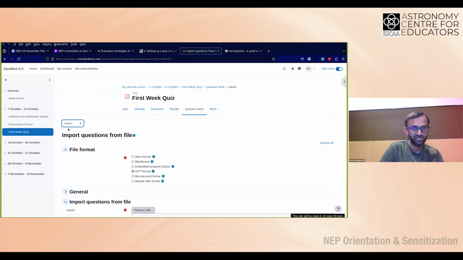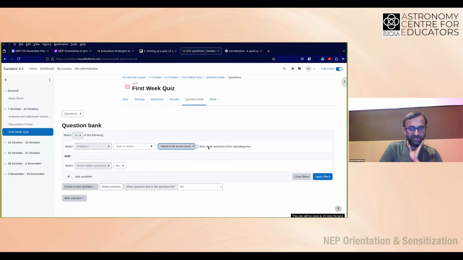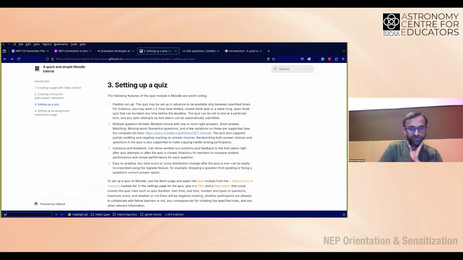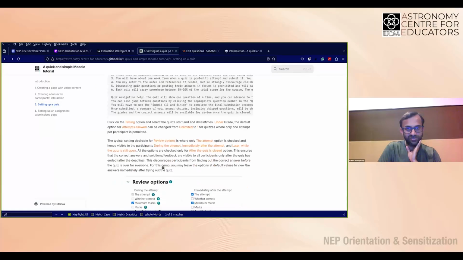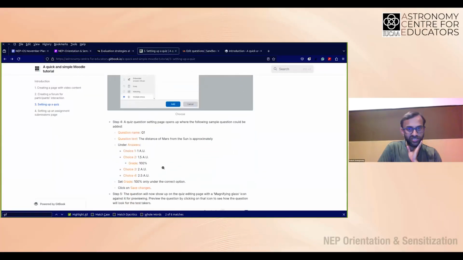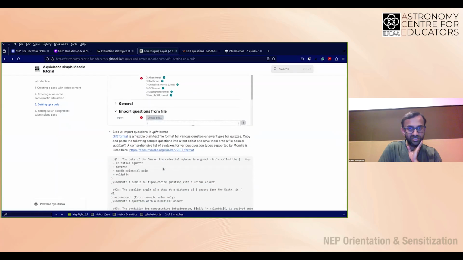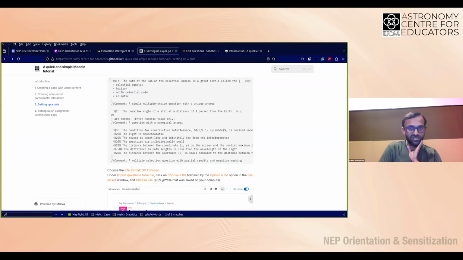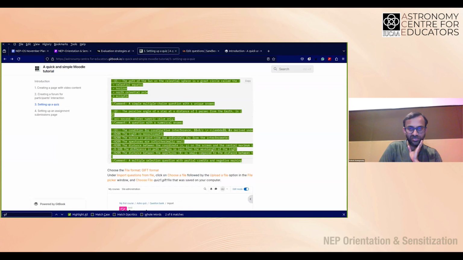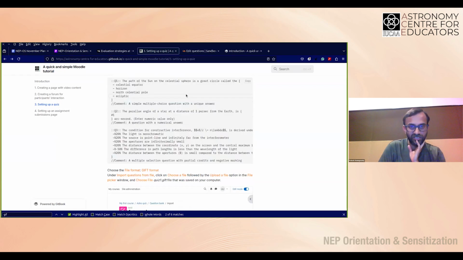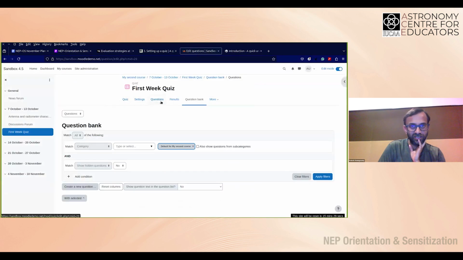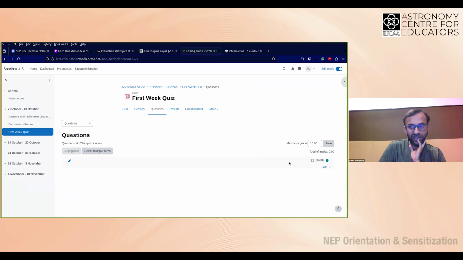Instead of import, if you see just the questions in the question bank, it will show up, which I'm not doing right now. But if you want to follow this tutorial, I've given a sample of questions that can be copied and pasted. For instance, these questions. All you would have to do is copy it, paste it into a text file, then use that interface to upload it, and it will be populated in the question bank. And once that question bank is populated, one can add questions from the question bank, which again, I won't show because of time.